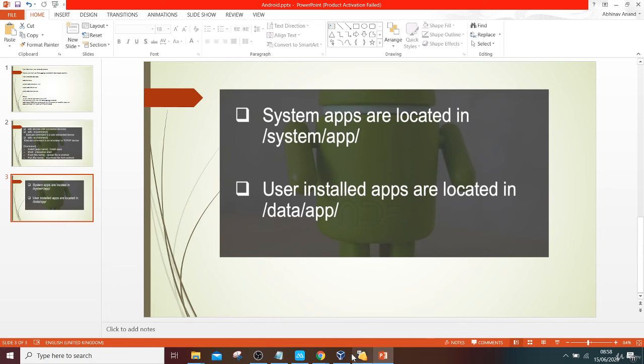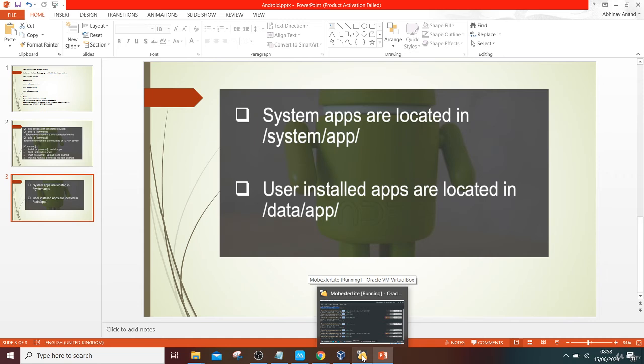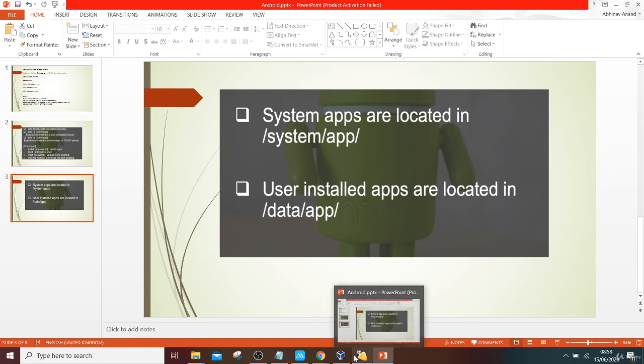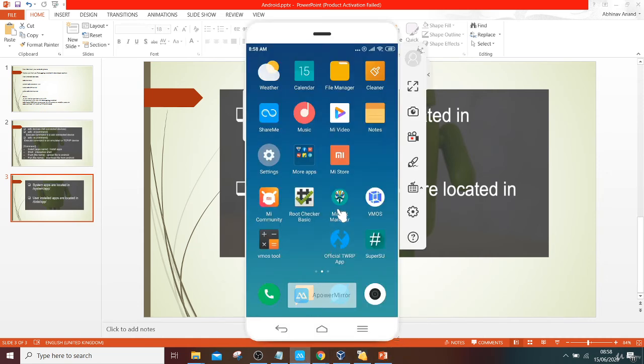So you can find things like Root Checker. Root Checker is, I think, provided as a customized app, like Magisk Manager. If you can see here, this is Magisk Manager, which you will find in data/app, because it needs root access to be installed first, and second, it is not provided by the Play Store. You have to download it and then install it.